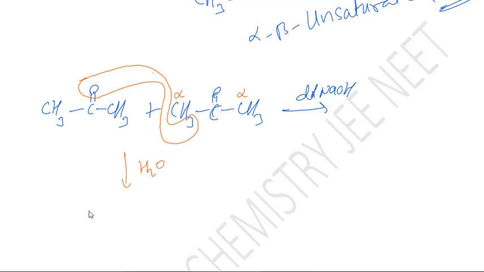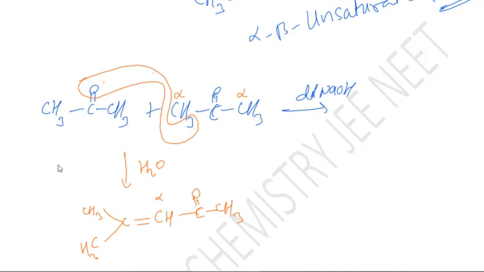What is the product here? See, CH3, here the carbon is there, this is the double bond, the oxygen, and here 2 hydrogens. So 2 hydrogens are removed, leaving only 1 hydrogen. This is the alpha carbon, then C double bond O CH3. Okay, this is the final product.